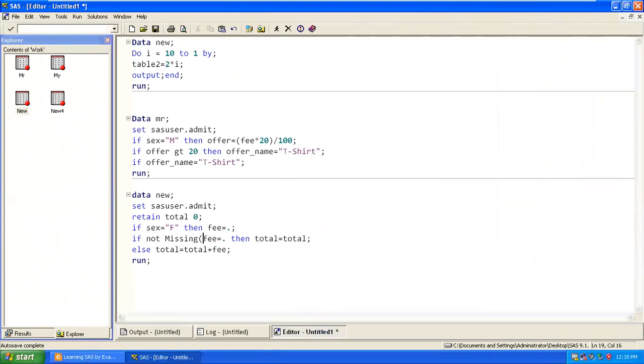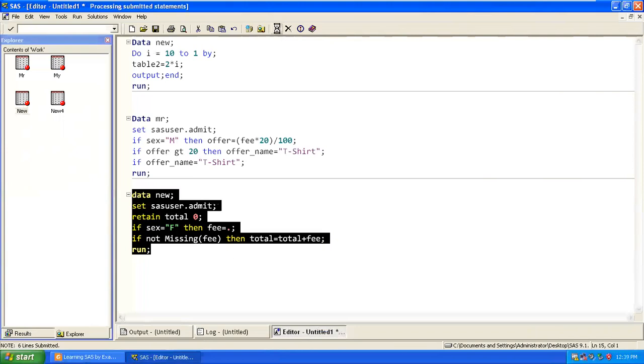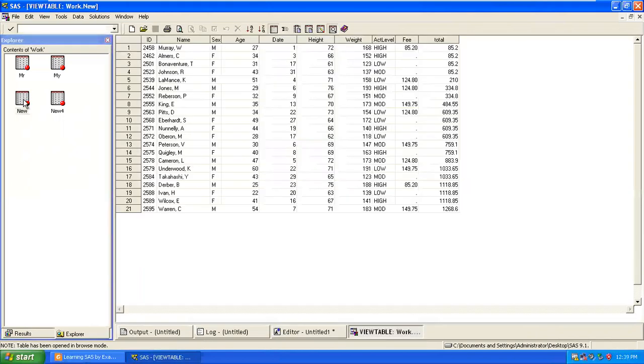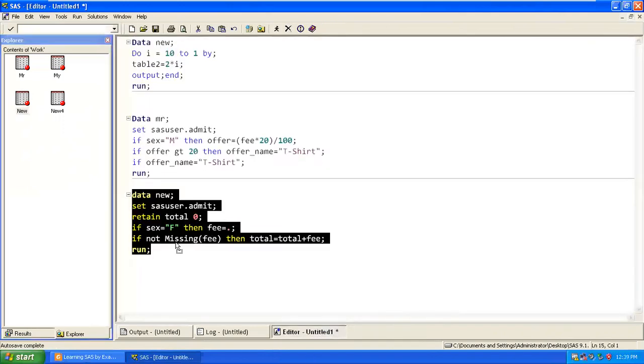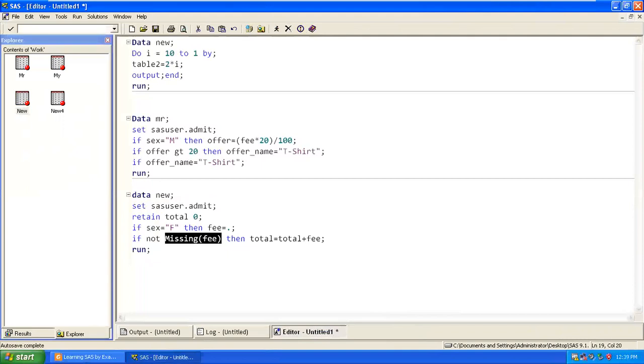No missing of fee. So ideally you can use directly like this. I'm using this, and if I delete this also, this will work. But here I have to use then plus fee. Total is equal to plus fee आएगा, right? ठीक है, समझ गया. Same, it will work. मतलब वो एक ही बात होगी. Not. We are directly saying not. I am not going to include the missing word. Missing value we are not going to include with the keyword called not. So or, not, and these are returning the true and false value.